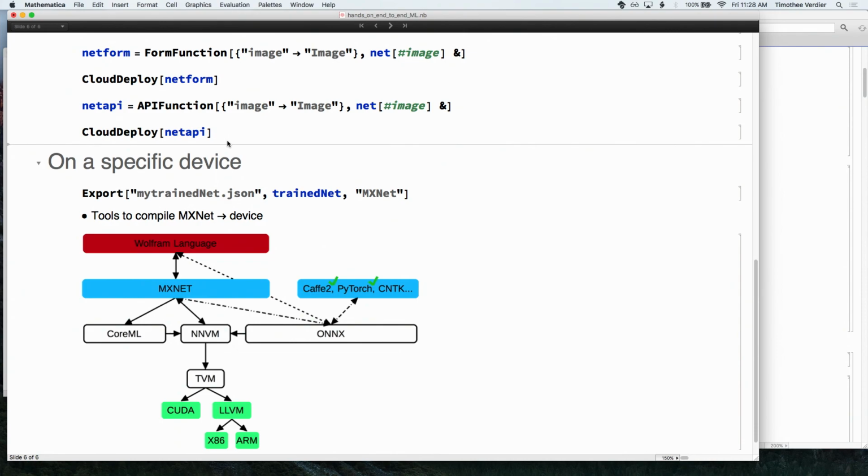And from MXNet, there are 2 very interesting things to keep in mind. There is the ONNX language that is meant to be a way to move from one language to the other, and which we also plan to link. And if you want just to deploy, what you need is to compile to a specific architecture. There is already, from MXNet, this path from NNVM, a graph representation of your program, to TVM, which is